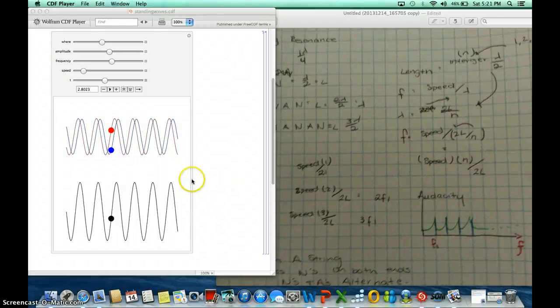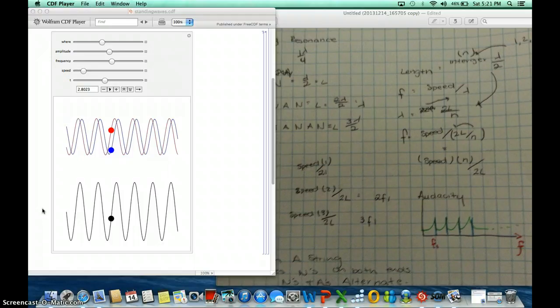This is Juan Burciaga doing a video on standing waves, string standing waves. Here we have a CDF file that shows two wavelengths, and then we have the sum of both wavelengths here at the bottom. For starters, we know that on a string we have nodes on both ends, and